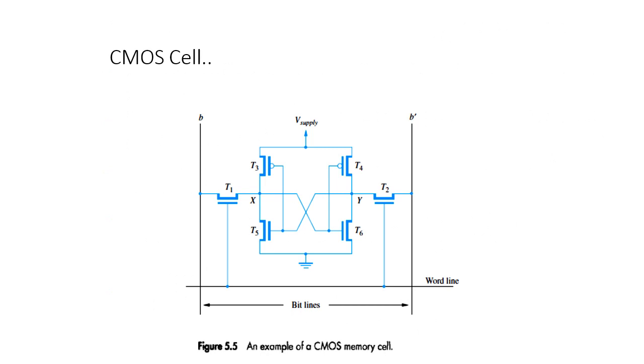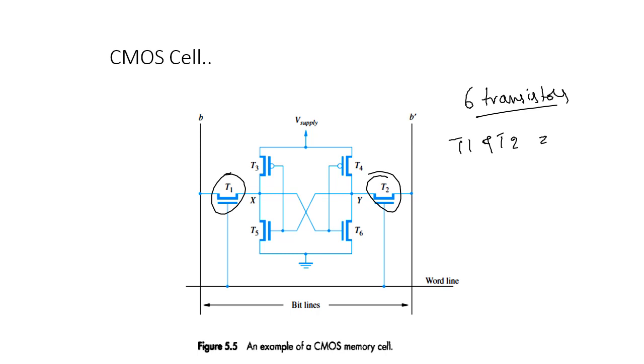Here in this diagram we have a total of 6 transistors, out of which T1 and T2 perform the same operation as before, activating and deactivating the word line, whereas T3 and T5 behave as one inverter pair, and T4 and T6 behave as the other inverter pair. Now when X is 1,